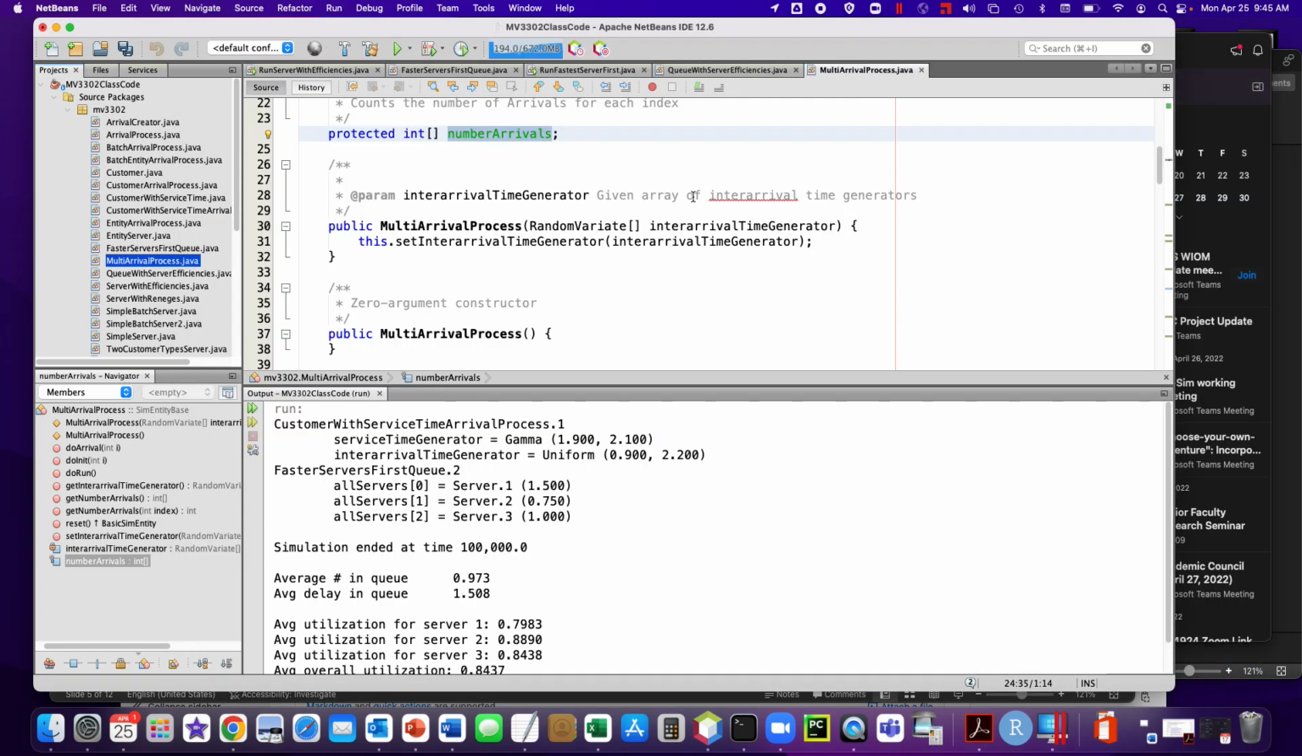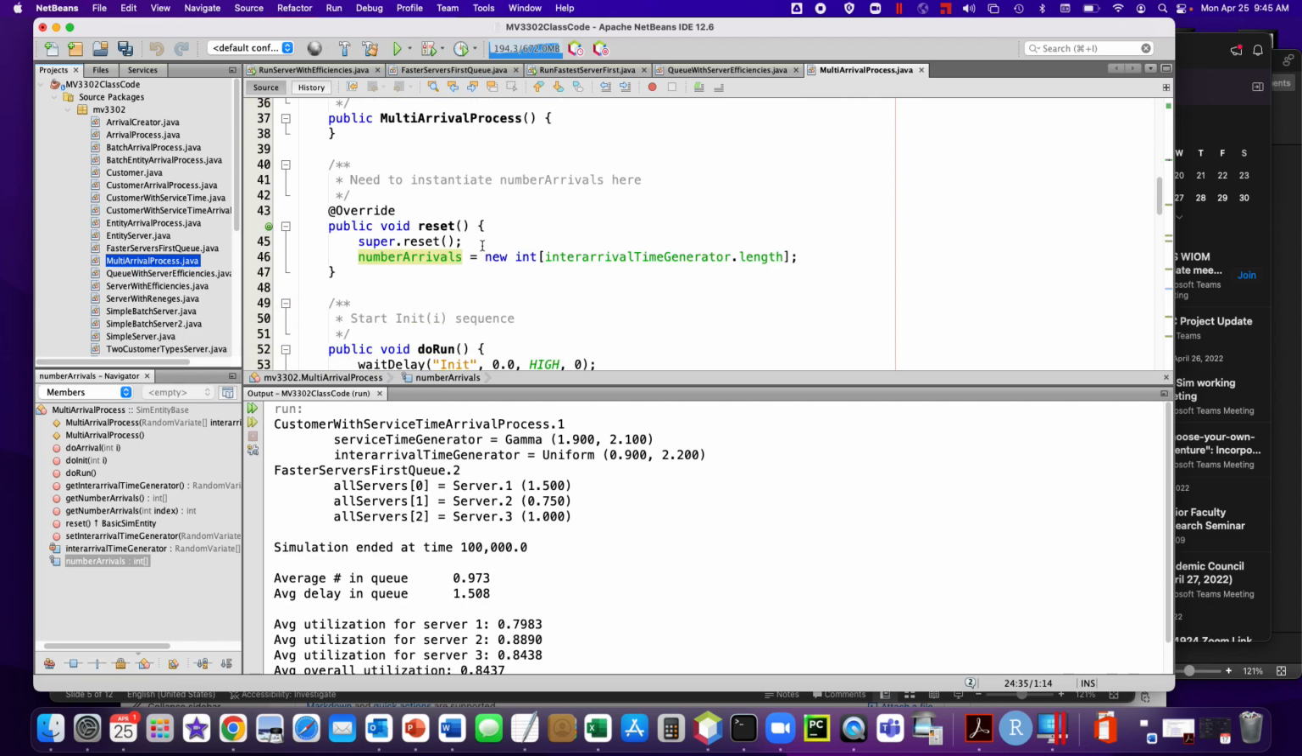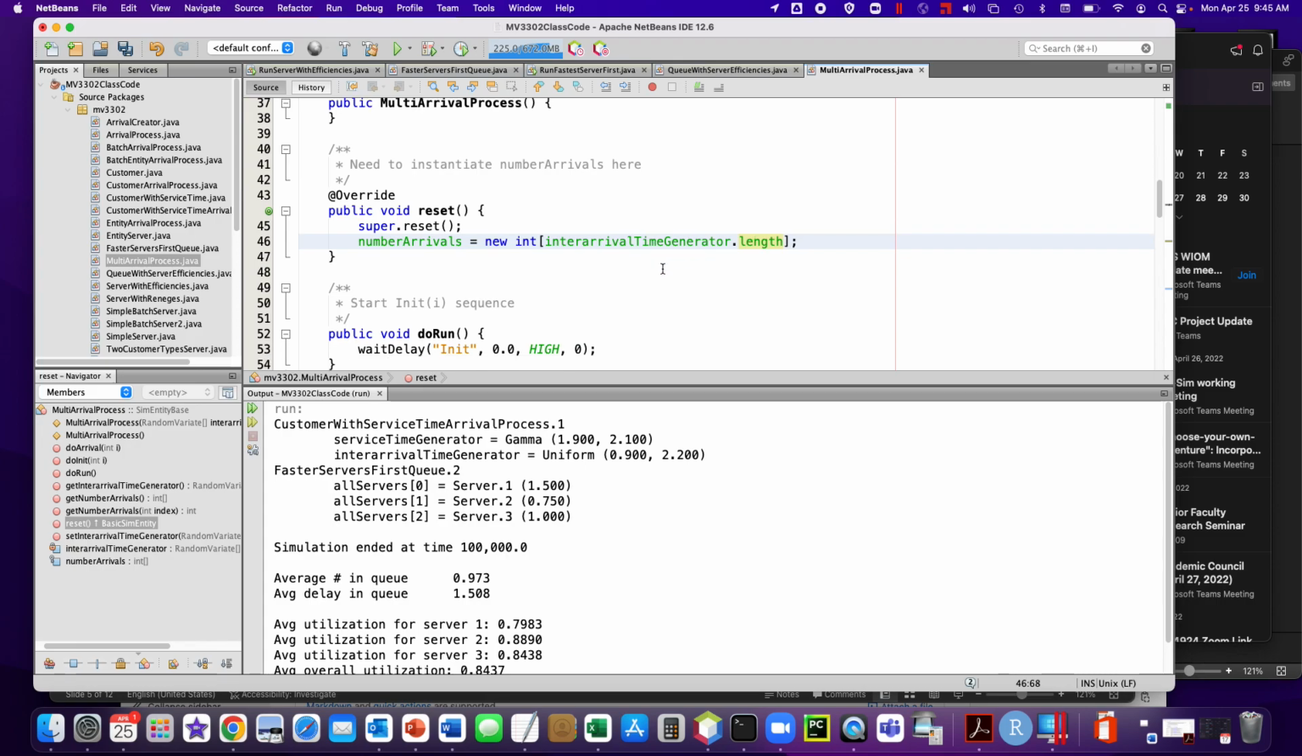I could have instantiated in the setter, but you generally don't want to do that, at least not all the time. So instead, I did the same thing here, I did it in the reset method. Before the simulation kicks off, I need to make sure that this array has been instantiated somewhere. And because I don't know how big to make it,